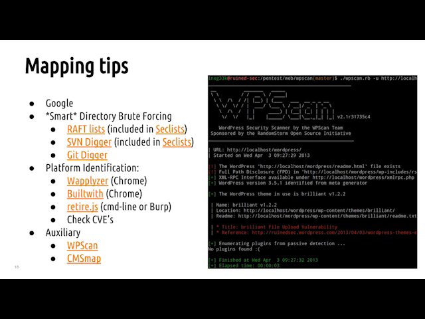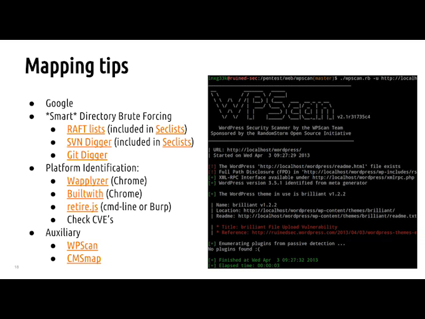So some mapping tips that you can do is basically you can start to Google your application and pull out the types of parameters it's going to give you back. But that's kind of a time-consuming effort. I mean, you'll see common parameters and stuff in URLs, but you'll get most of that when you spider the sites themselves. But there have been instances where I've been able to use Google Docs to pull out certain types of